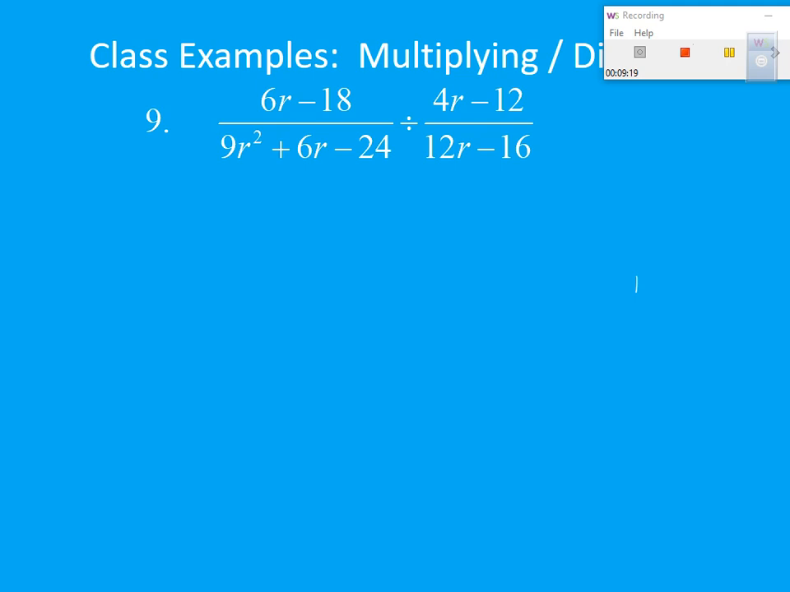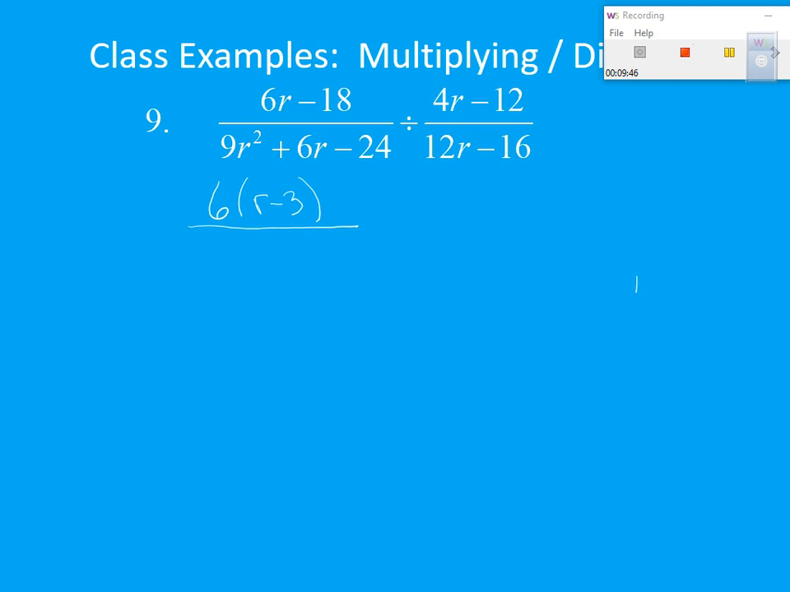Here's my number 9. It's a division. So what I'm going to do is factor this side. Then I'm going to change this to a multiplication, and I'm going to use this reciprocal. So here's what it's going to look like. When I look at 6r minus 18, I'm going to factor out a 6, which leaves a r minus 3,